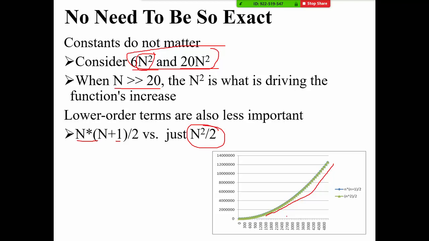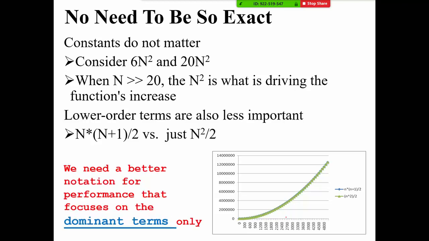Doesn't matter if you have plus a constant or plus n, because n squared over 2 is the dominant factor in the function. It derives the function through the size of input. And most of the time, when we would like to discuss the time complexity for any algorithm, we don't need to discuss